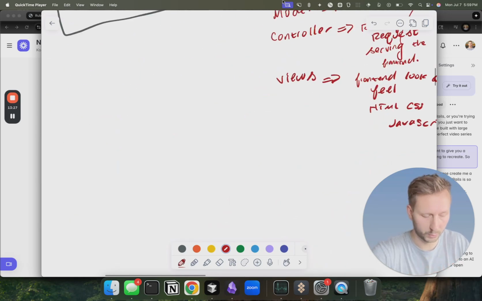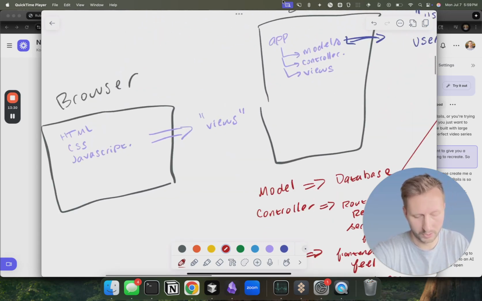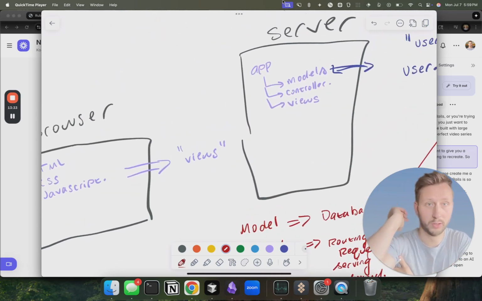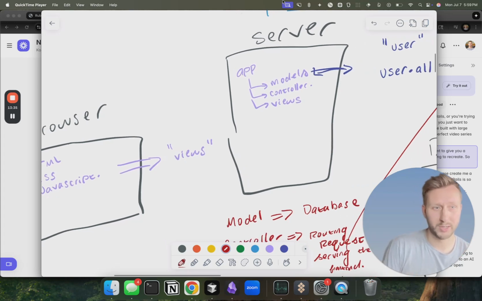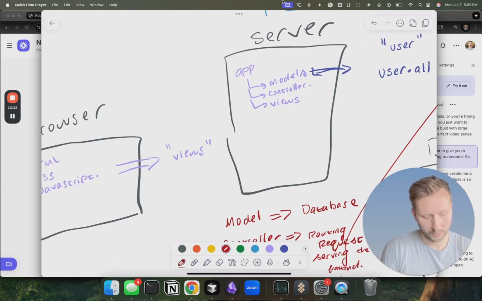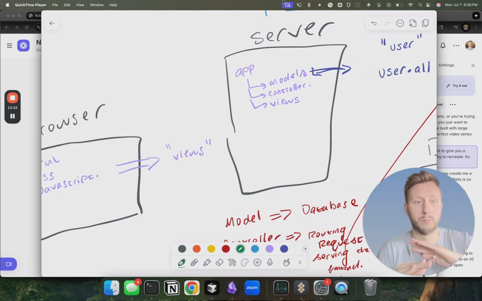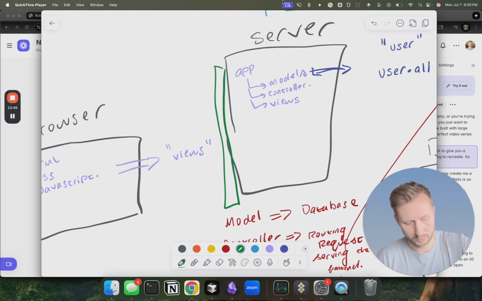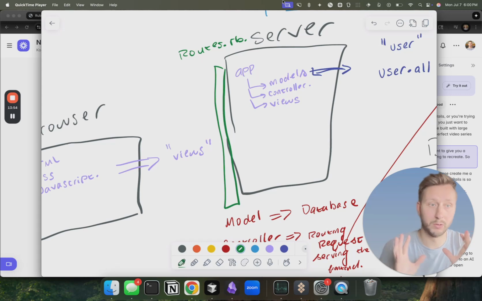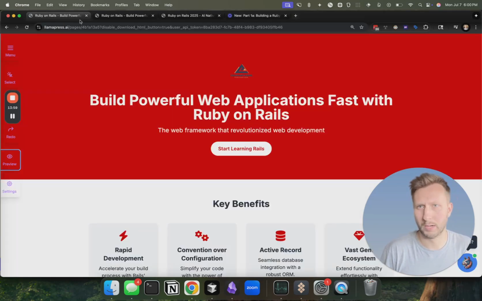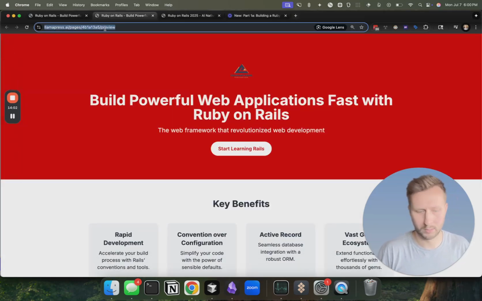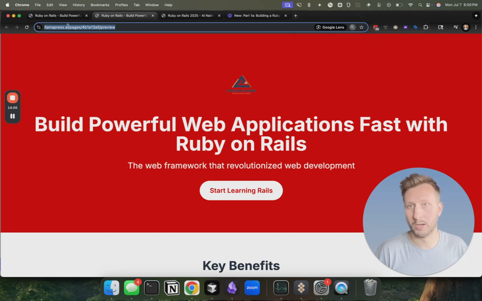There's one more piece that we're missing here, which is when the browser goes to the server, it doesn't actually hit the controller at the very beginning. We have another really important file that basically everything in the application runs through, and that's our file called routes.rb. What these routes do is take a URL from a browser. So let's go back to LlamaPress. It takes a URL on a browser, such as